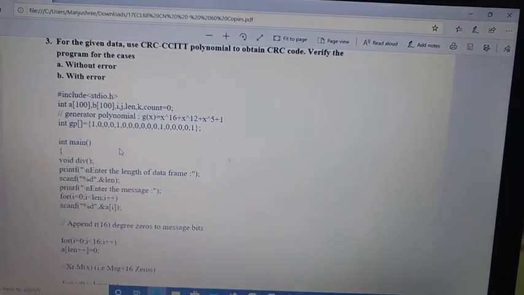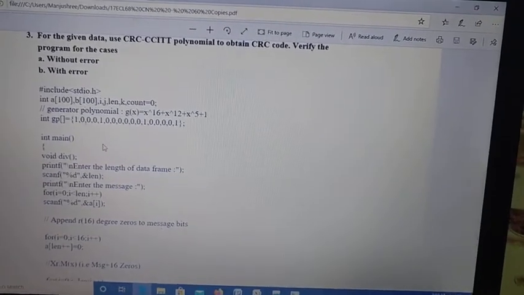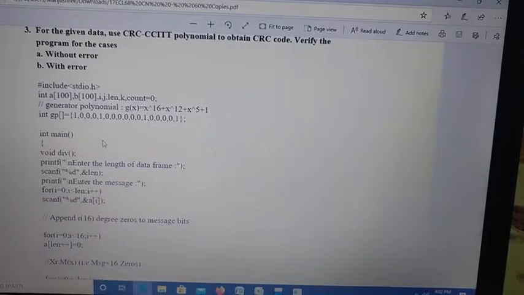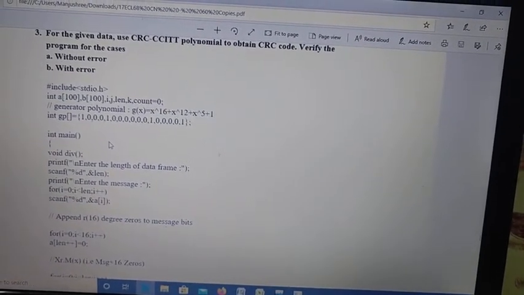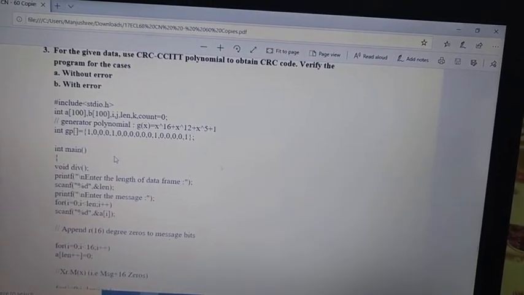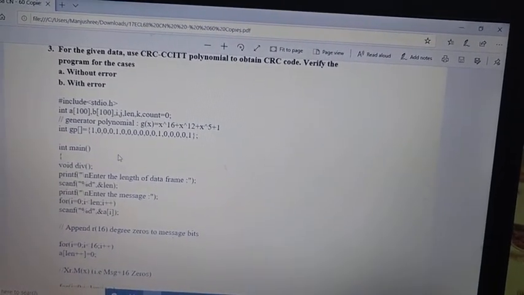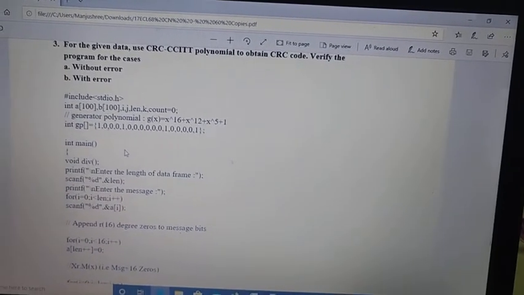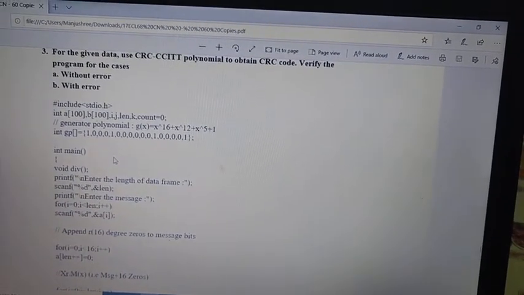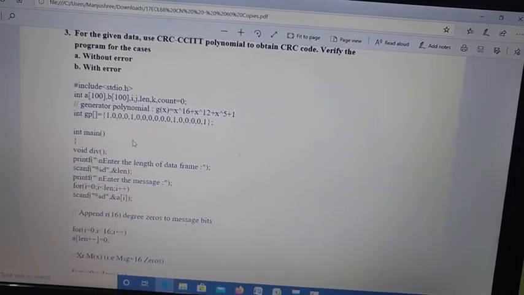The transmitter is going to send data along with the CRC code, and this CRC code has been shared by both the transmitter and the receiver, but it is not shared in the channel. This type of code is used so that there is no hacking or noise being added at the channel. So this CRC code will be shared only by a sender and a receiver.